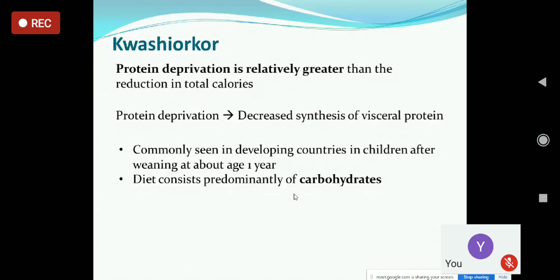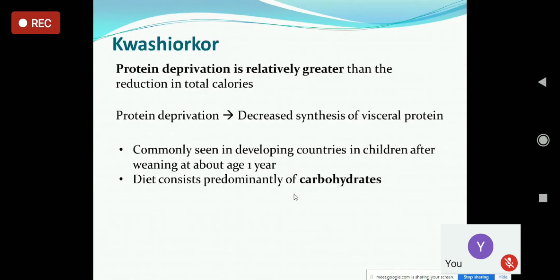Proteins are not made in the body as well. This is commonly seen in developing countries in children after weaning at about age 1 year. Till 1 year, only the breast milk is sufficient for the baby. After that, they need supplement food as well. So when the supplemental food is deprived of protein for a long time, the child suffers from kwashiorkor. If the diet contains only carbohydrates, and no protein is given, the children should be